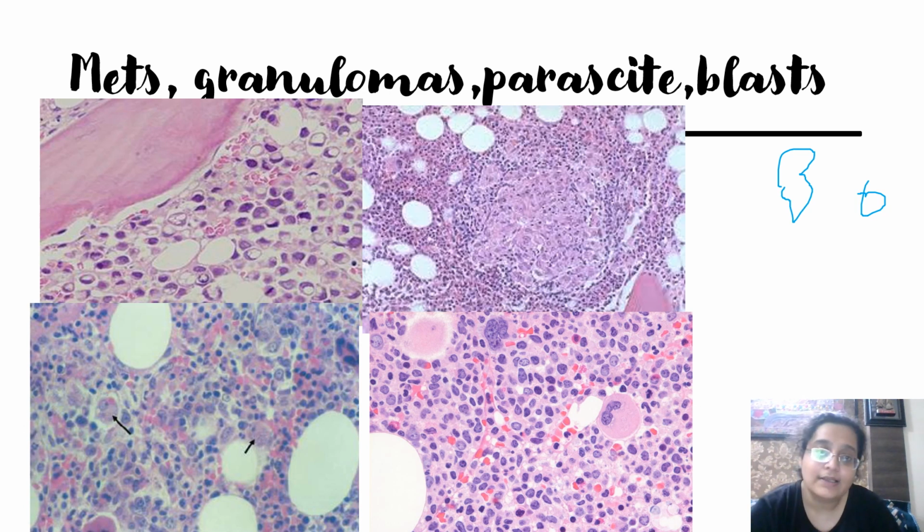Like in this image you see signet ring-like cells. This was actually an adeno MET with vacuole in the cytoplasm, some sort of a signet ring colon carcinoma kind of thing. This is a granuloma, which you can very easily catch on low power. This is not very clear, but here the megs are showing something in the cytoplasm.